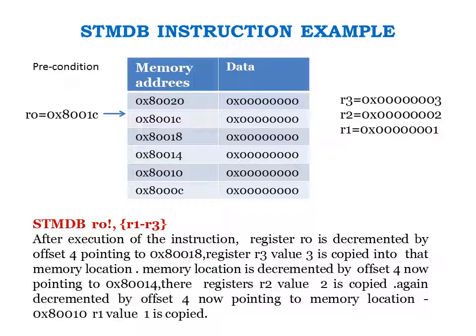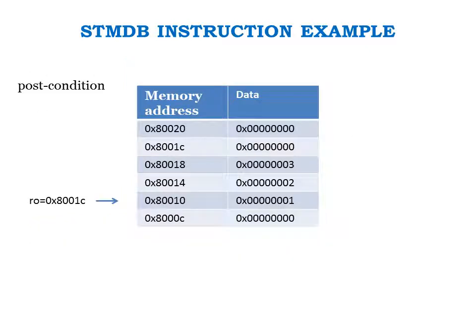Again it is decremented by 4 offset. Now it is pointing to 80014. In that memory location, the value 2 is copied. Again it is decremented by 4 offset. In the memory location 80010, the R1 value 1 is copied. So this is what is shown in the post condition. You can see in 80018, 3 is copied, 2 is copied, 1 is copied. At the last, R0 is pointing to